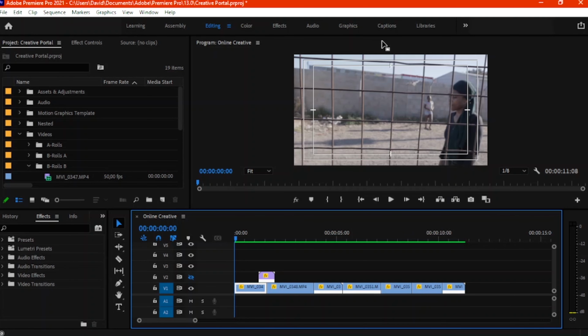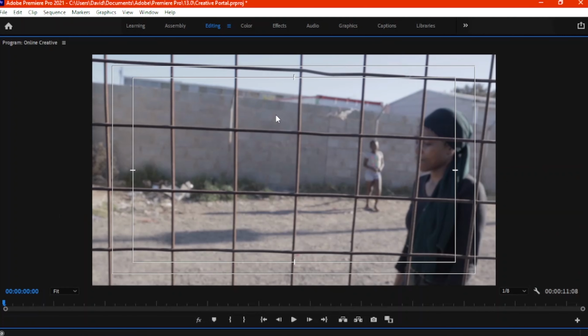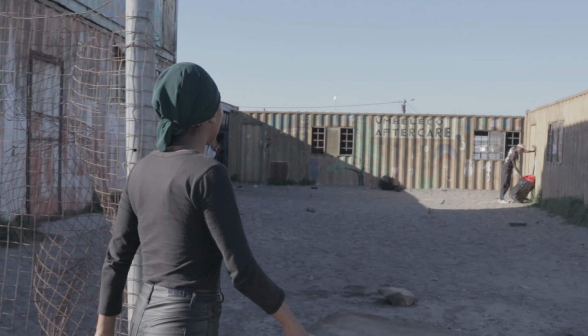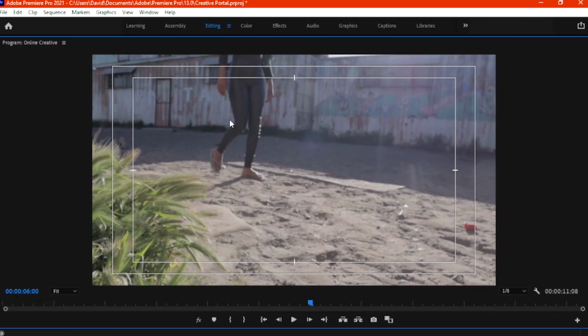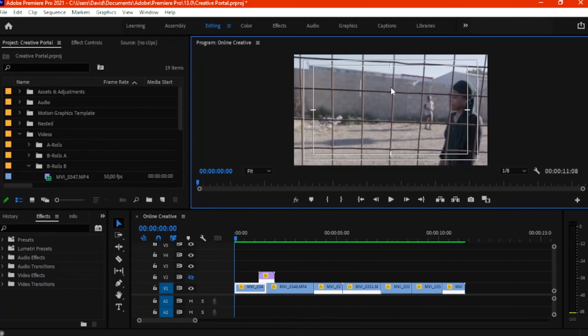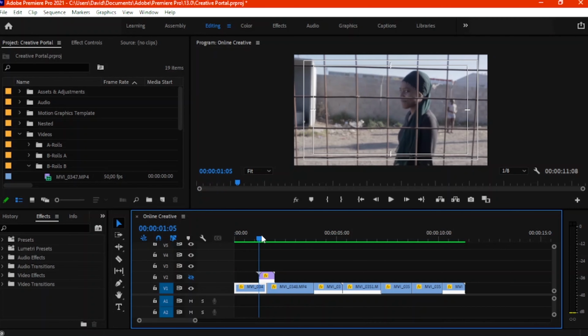So firstly, I'm going to play the first 3 clips that I want to break down to you guys. This is the first one here, and this is the second one. This is the third one. Right, so let's go right there at the beginning. With the first clip, I'm standing firstly on the other side of the fence as the subject. Her name is Lisa. The model, the subject, is moving across the shot just like that.